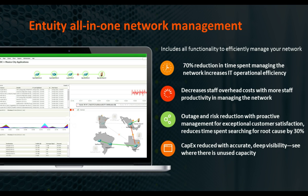If you're looking to effectively control CapEx, one way Entuity helps is with reports that analyze where spare port capacity exists and where future needs will be. These network details allow IT to utilize spare port capacity not currently being used, and that can hold off unnecessary immediate purchases. And you can effectively plan for future equipment purchases rather than have emergency buys that perhaps don't offer